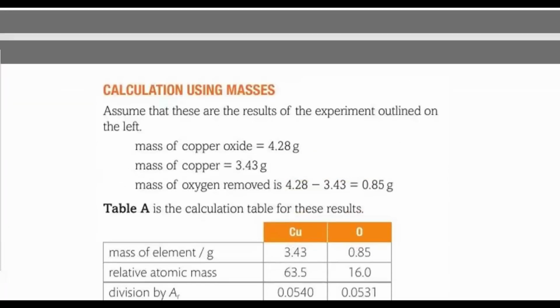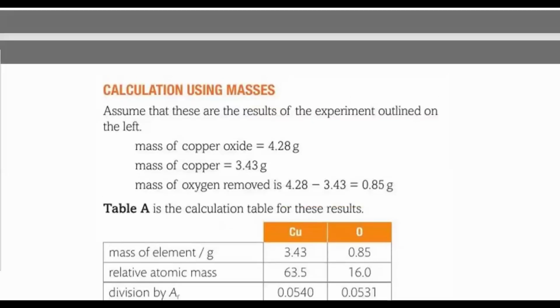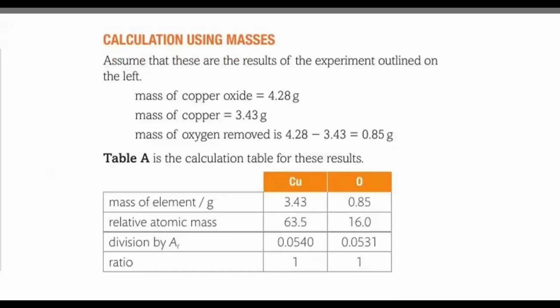Now, in our O levels, we were given data. When we were given the masses, we were asked to calculate the empirical formula for that particular compound. For example, they have given you a compound that has two elements in it, say copper and oxygen, and they give you the masses of copper and oxygen. You can easily calculate the ratio, and on the basis of the ratio, you could calculate the empirical formula for the compound.